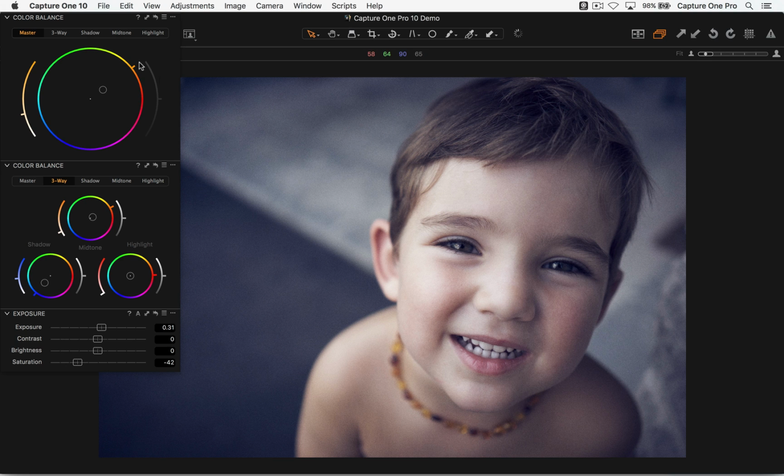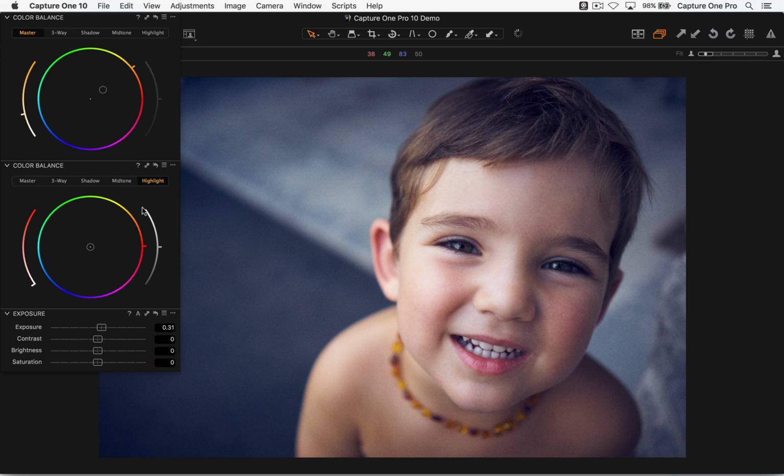So now with this setup, we've got our master tab, our three-way, and we've also got saturation. If we just reset saturation for a second, you can see it's a bit too much. I don't actually have a huge amount dialed in on shadows, midtones, and highlights. We've got some general warmness on the master tab, but now it's a bit too oversaturated. So if we drop saturation down, you can go either to a complete black and white, or almost black and white. It makes the various adjustments much more subtle. We can move them with greater depth, and we get a really nice possibility to have a triple tone.